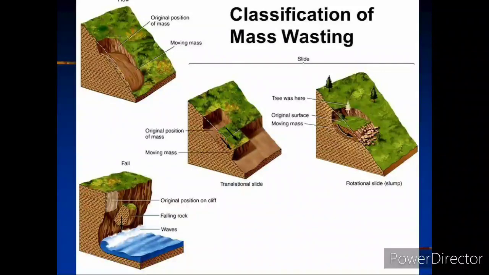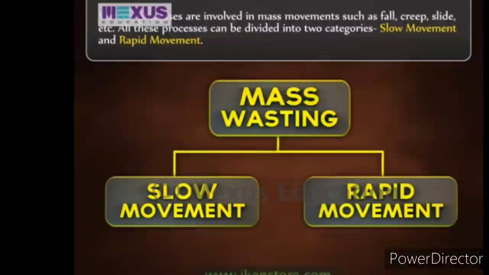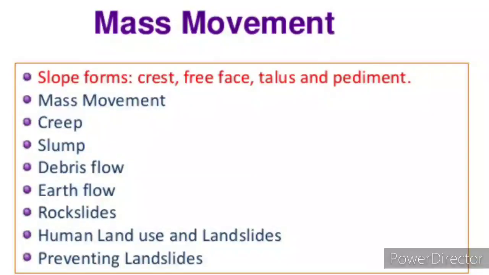A large-scale movement of loose material derived from weathering of bedrock down a slope is known as mass wasting, and it is also called mass movement. The term mass wasting is coined due to two reasons. Number one is the loose material is actually a waste material, and number two is the total movement down the slope on account of gravity causes the waste of rock debris in higher slopes. In mass wasting, the presence of water, wind, and glacier are contributory factors, but the movement is basically on account of gravity, and the steeper the slope, the more rapid is the movement.